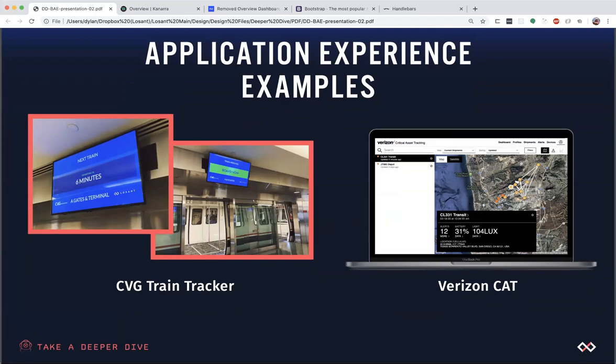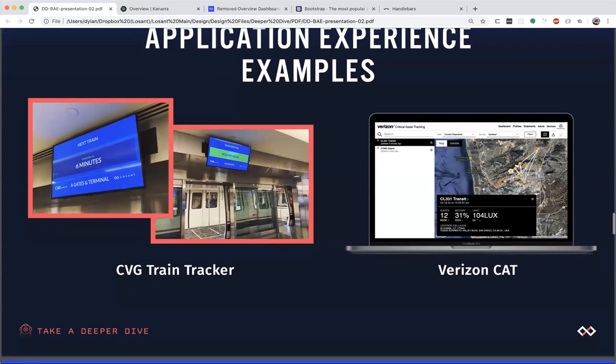And over on the right, Verizon's critical asset tracker. Just to reiterate what I mentioned before, this is a Verizon product branded for Verizon, sold by Verizon to Verizon users. However, behind the scenes, all of the data that is powering this application is pointed to a Losant application that they maintain. This demo here was built by our internal solutions team. I know a few of them are actually listening in on the call today. Just a shout out to you all. You did an outstanding job building this out. It's a really excellent use of application experiences. And if you're looking for something at this enterprise, really high quality level like they've done here, I would recommend reaching out to your account rep and see how we can help you out with something like that.